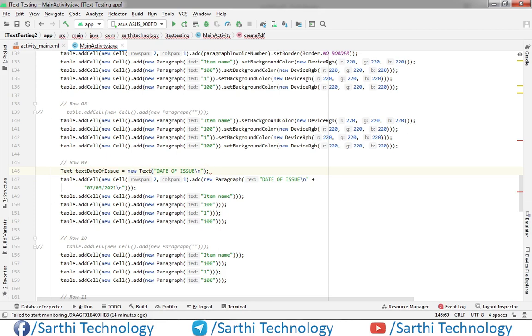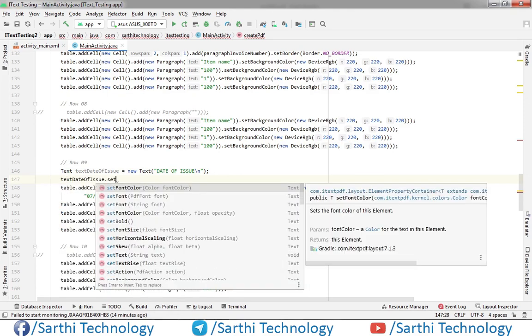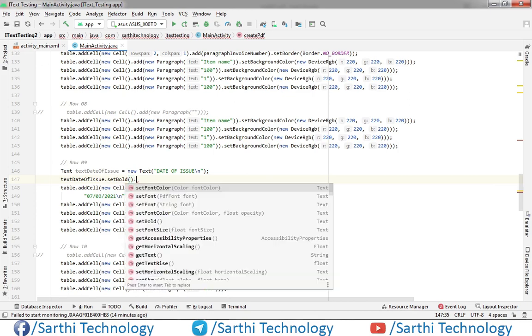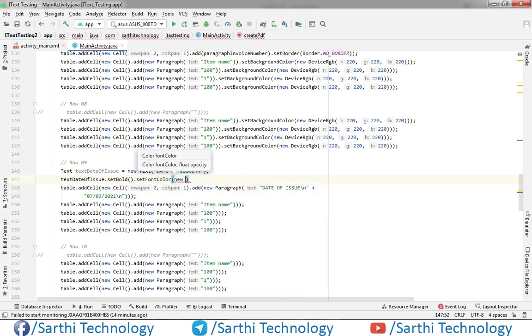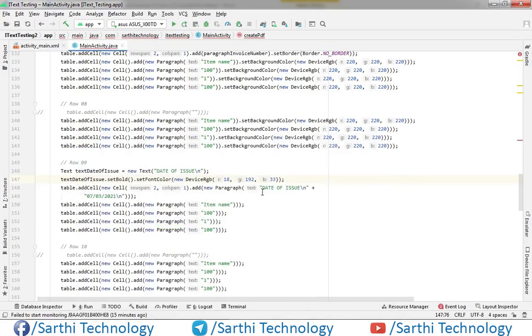Put semicolon and text date of issue dot set bold dot set font color new device RGB and 18, 192, 33. Okay, so this date of issue is bold and its color is green.